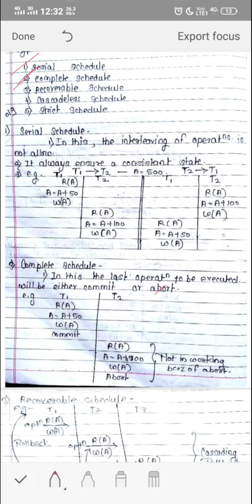So you can see here I am reading the value of A. I am crediting rupees 50. I am writing the value of A, and I am doing an important action, that is nothing but commit. So what do you mean by commit? In the states of the transaction, I have told you 5 states. The first one is active, the second one is partially committed, the last one is committed. What do you mean by partially committed transaction?